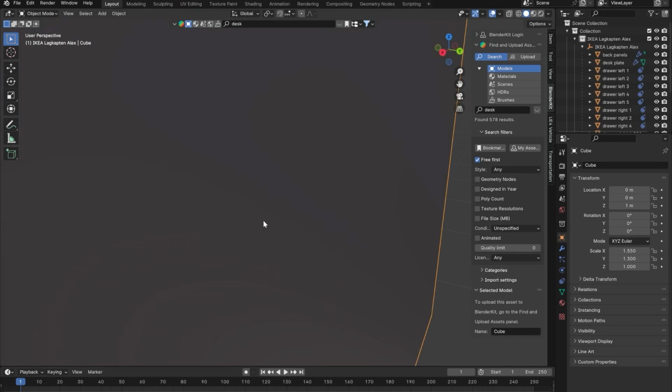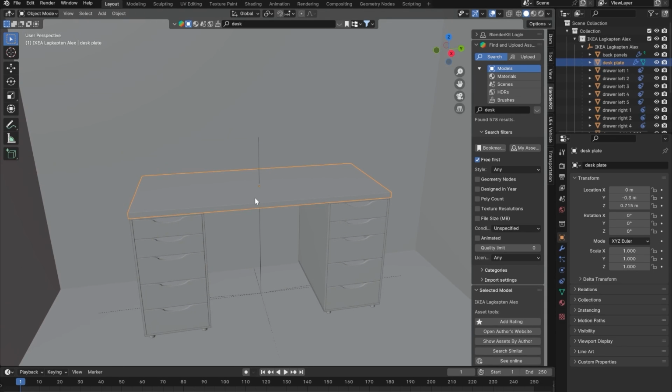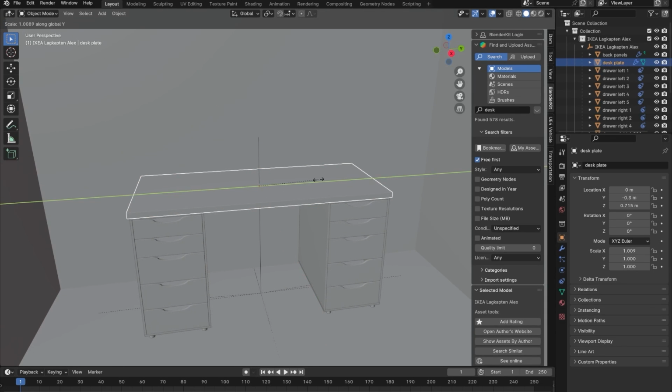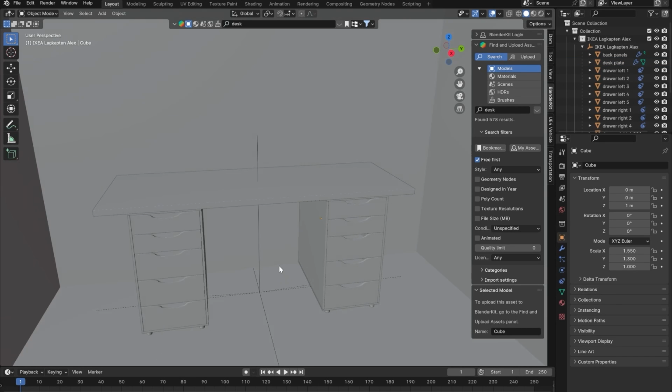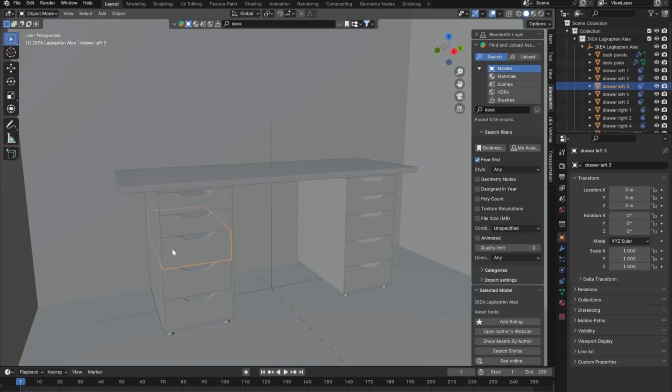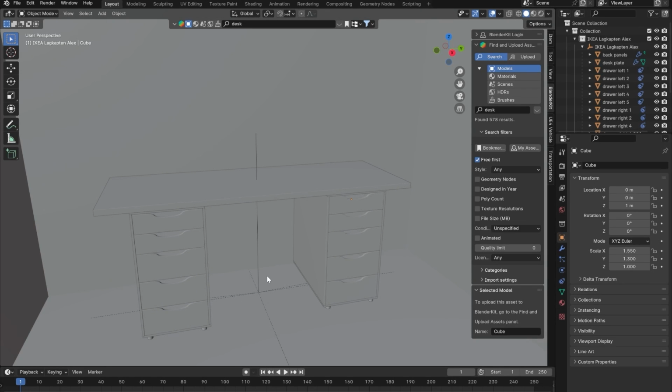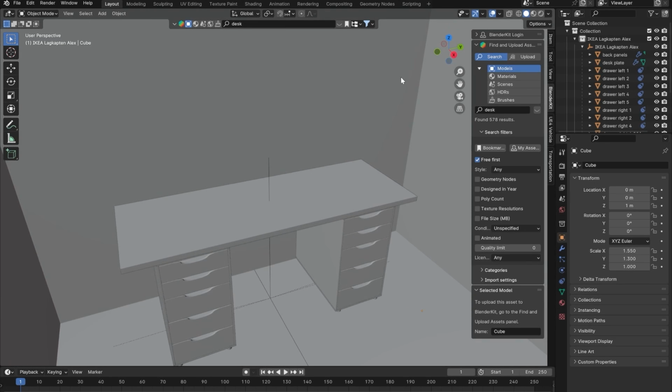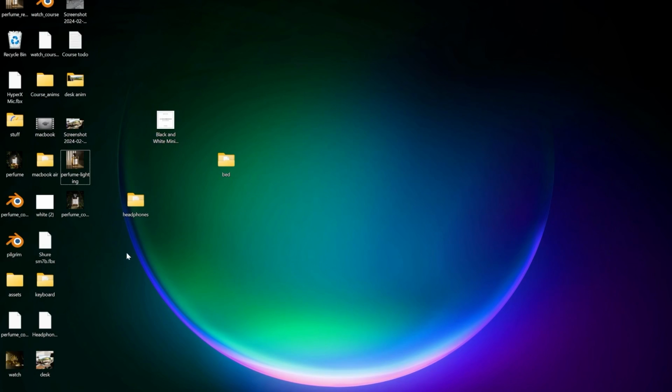Alright, so I think this is a little small for our needs, so I should maybe scale it up in the y-axis, a little bit, not a lot. Yeah, I think something like that should be good. You can also separate these if you want, but I think that's fine. Because the chair is going to be in the middle, I think it's going to look good. So, yeah. Now let me go ahead and open my reference